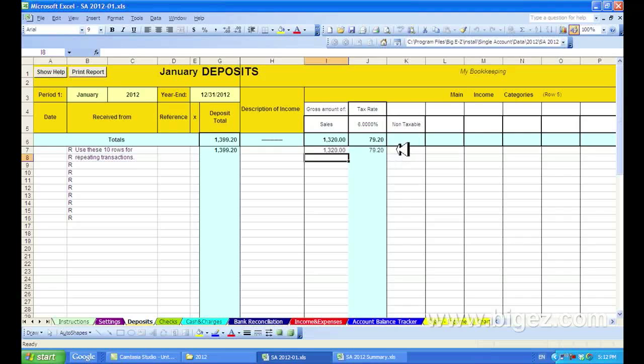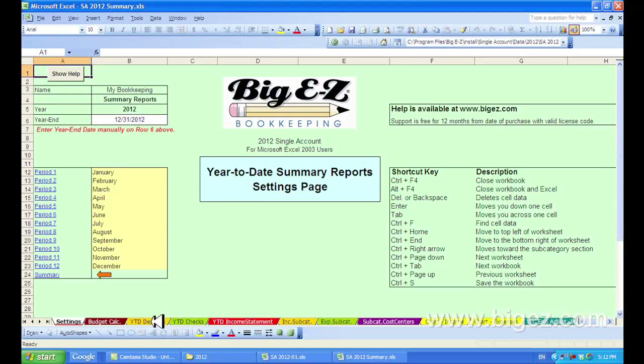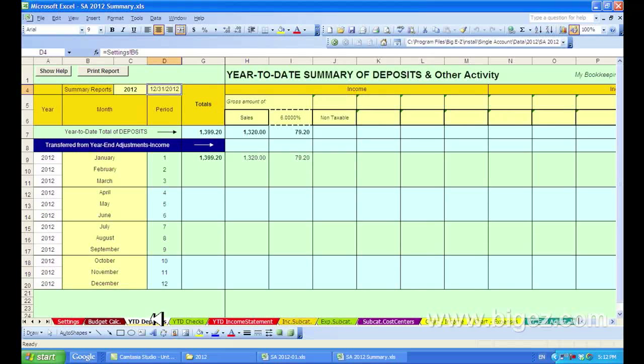At the end of the year, you'll be able to tell the total amount of sales tax you had collected by clicking over to the summary. So let's click on the settings here and then on summary and click on the year-to-date deposits, and you'll see that $79.20 is the sales tax from the month of January. So this is where you'll be able to track all of your sales taxes. I'm going to head back over to the January file